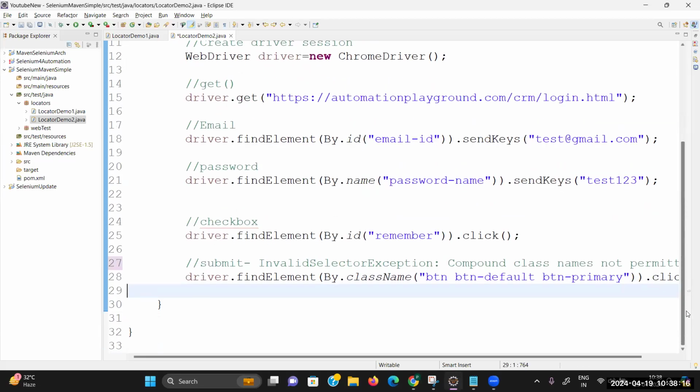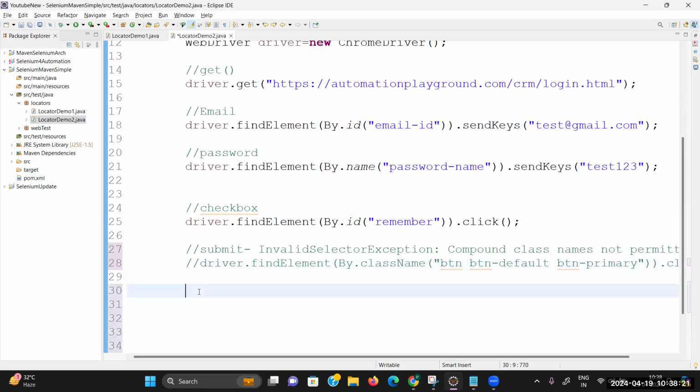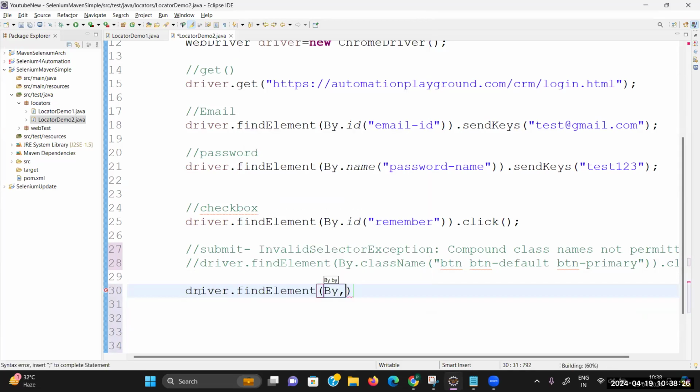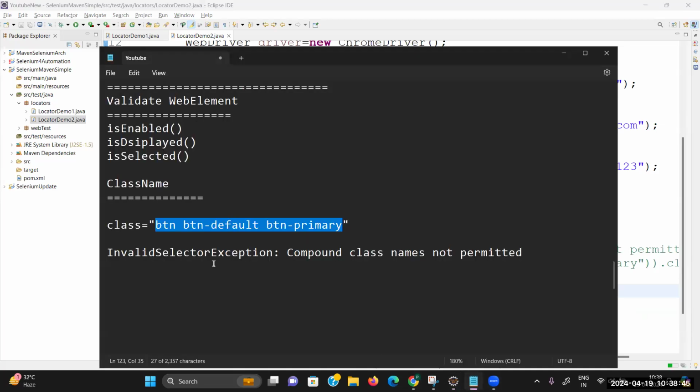For your reference, I'm going to comment this line, through which we are getting the exception. And here I'm writing my next statement: driver.find_element, by class name. Here I'm writing that class name, btn-primary, a proper value. And then, guys, I'm trying to click. Let's see. This time I'm passing one class name, which is valid. So this is a manual step you need to do. You need to identify which class name is valid, and then only that class name can you pass while locating